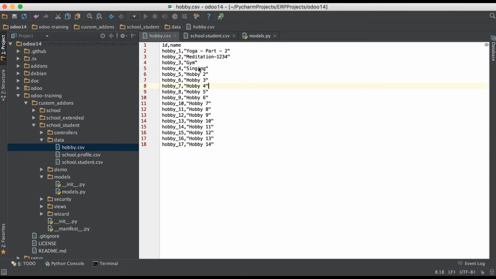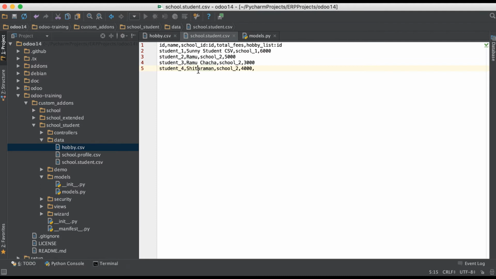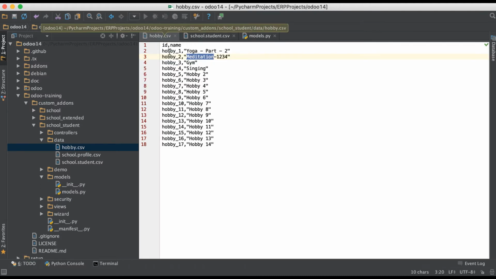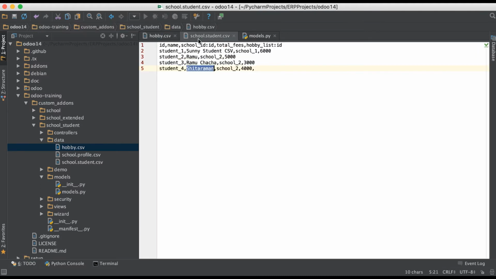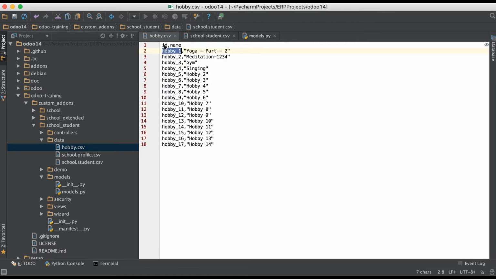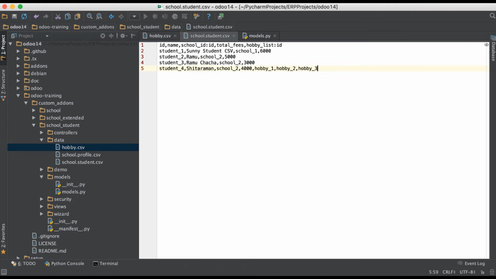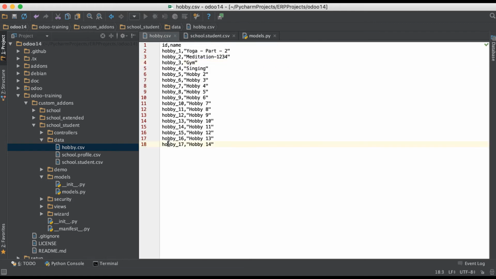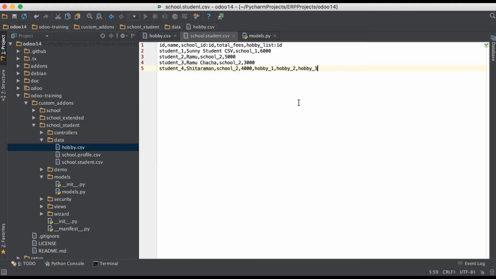I have to add gym, yoga and meditation as hobbies for this Sitaraman student. So let me add this ID here, then after a comma again hobby_2, then after a comma again hobby_3, comma, and again the last one, hobby_14.